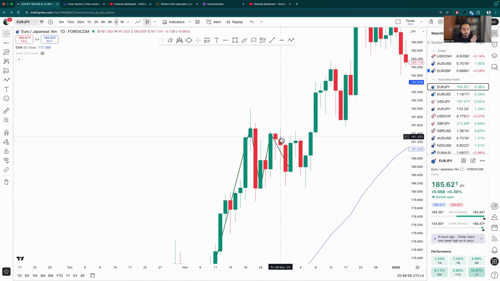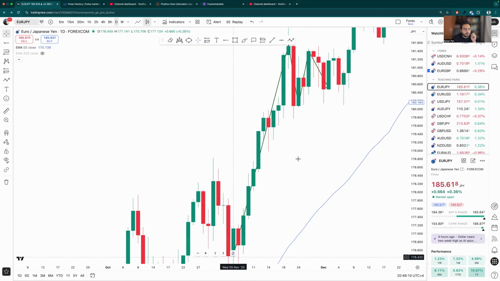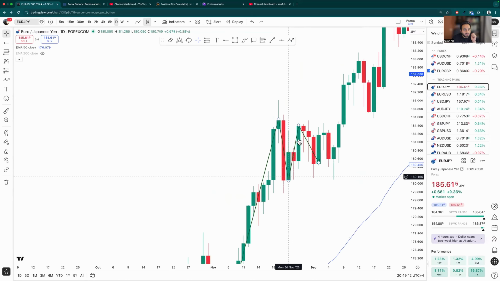In my first session, I've told you that for a higher low to exist, there should be a higher high. Here we see a higher high, so there is a higher low right here. Here we don't see a higher high at this point. There's no higher high being created here. So this is just a structure. Again, this is just a structure.